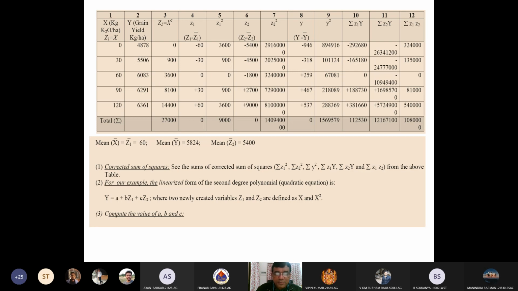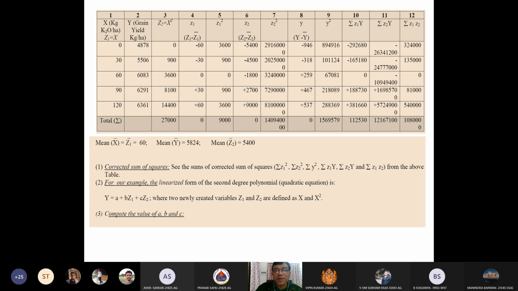The statisticians have linearized it into Z, and then X square has been converted into Z2. So it is not a polynomial form; now it is actually linear. For further details, you can see the Gomez and Gomez book, or you can discuss with any statistician. You will have a course in statistics very shortly, maybe in the current semester or next semester, and there you can see how these equations have been linearized. So this is beyond the scope of my content here. After linearizing this equation, you can compute the values of A, B, and C.